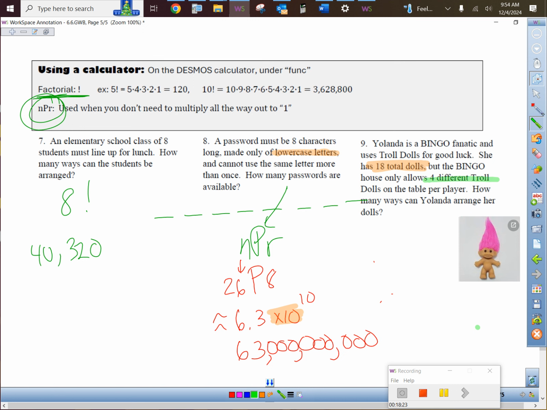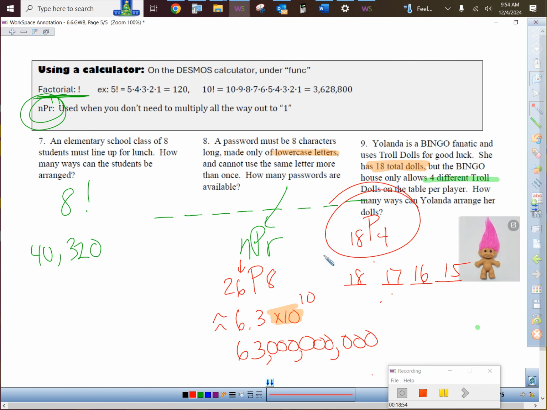So what you could do is this: 18 P 4, if you wanted to. But since there's only 4, I'm kind of nice on the blanks in that scenario because it's not that many blanks. It's 18 times 17 times 16 times 15. Either one of those works. When would I use this wacky thing? When I have to draw a bunch of blanks. Are we cool with that? So let's go back